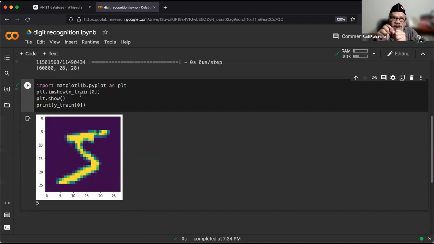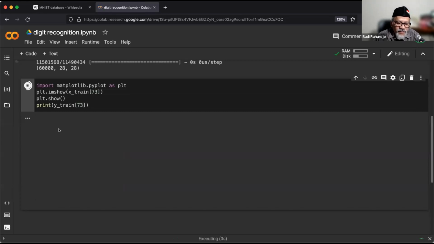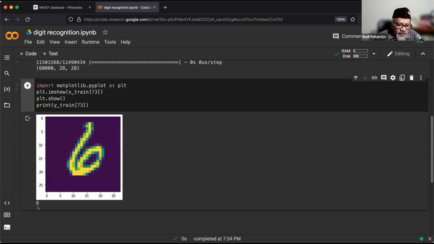Yes, sir. This is a dataset that we gave labels to. The image is like this, what is its label? These are labeled by hand. So we're going to use this as a training set. There's no AI yet, this is a dataset labeled by humans. These are images labeled by humans. Let's see number 73, for example, and what is the label there? Okay. So the image is this, and the label is 6 too.